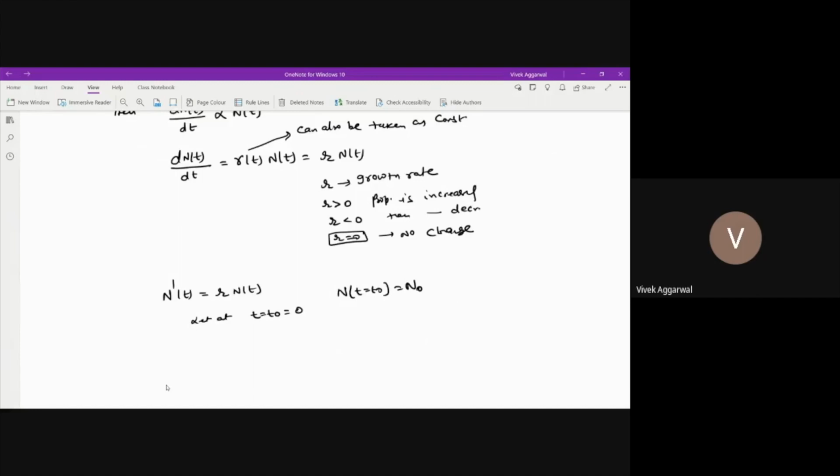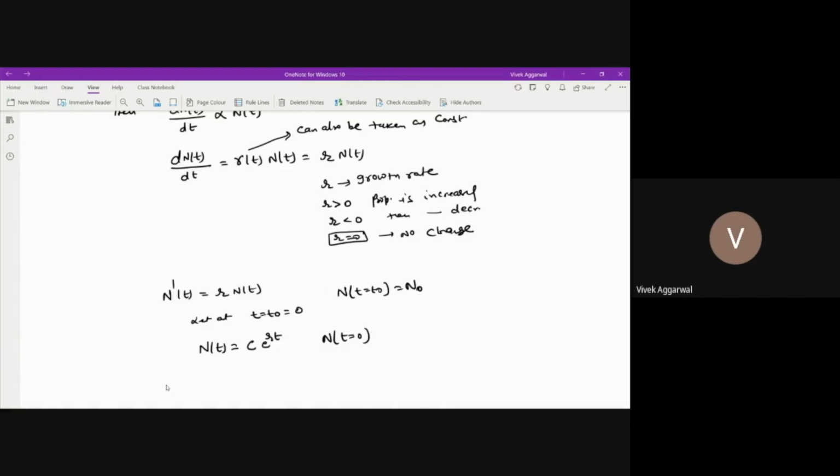Now it becomes a first order initial value problem. If we solve this analytically, I can write my solution as N(t) = C e^(rt). For simplicity, we'll take t naught equal to 0.